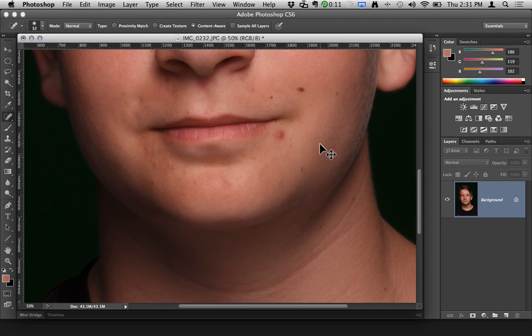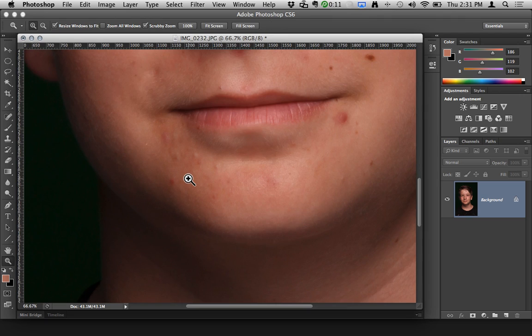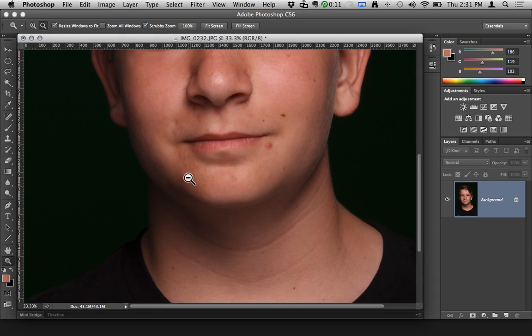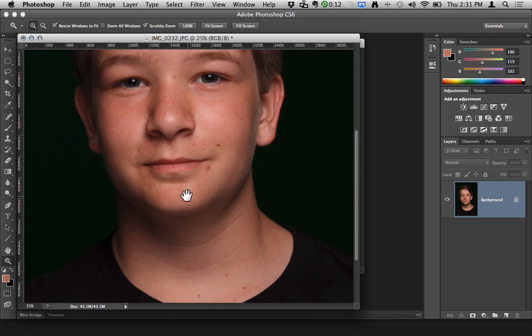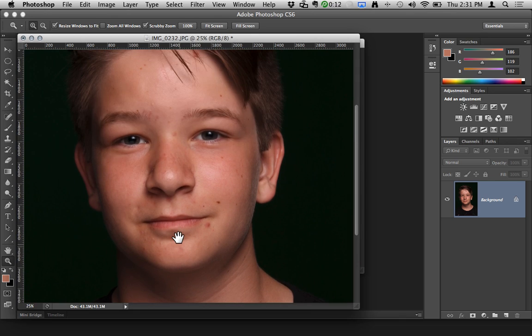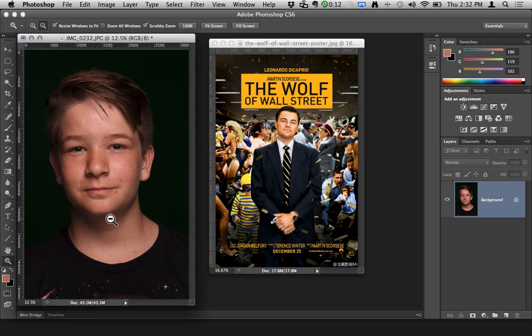So I'm going to zoom back out. There are a few different ways to zoom. I can pick up the zoom tool here, and I can either zoom in, or if I hold the Option key on the keyboard, I can zoom out. Another nice shortcut key is the space bar, which automatically toggles to the hand tool, and I can move around the image. So I'm going to zoom out,